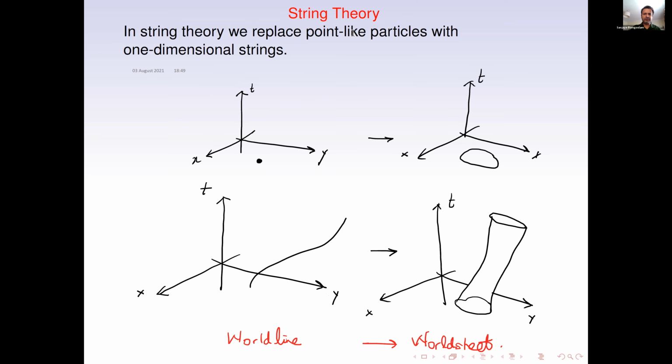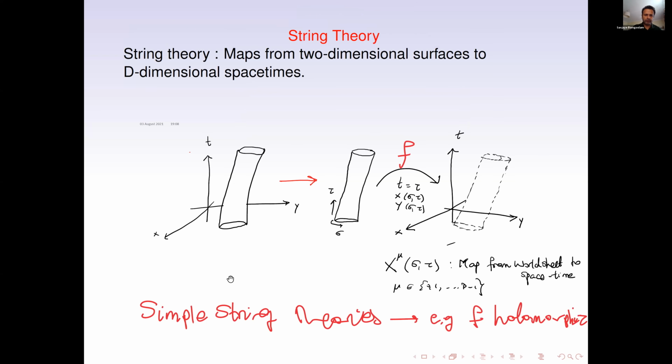So in string theory, we are replacing point-like particles. So this is our space-time, directions of space. A point-like particle is being replaced by a string, and world lines are replaced by world sheets. And in string theory, it is very useful to think about this space-time with a string world sheet embedded in